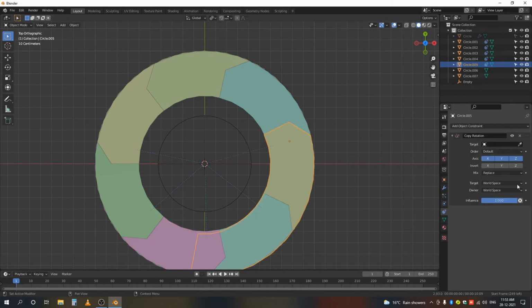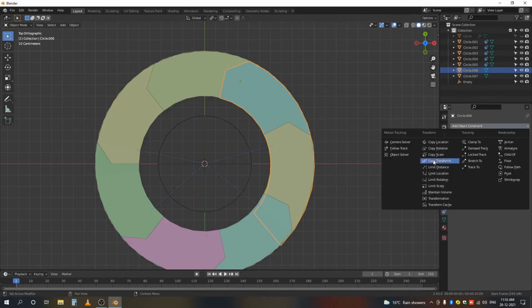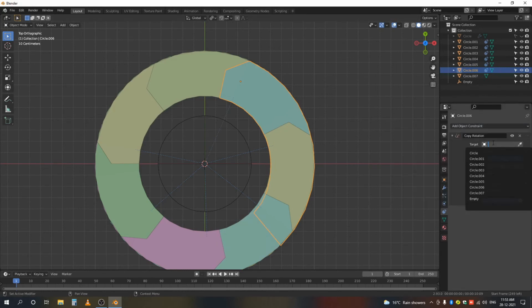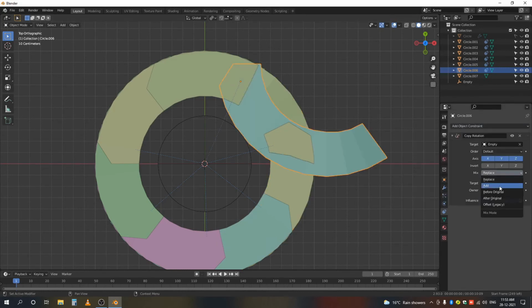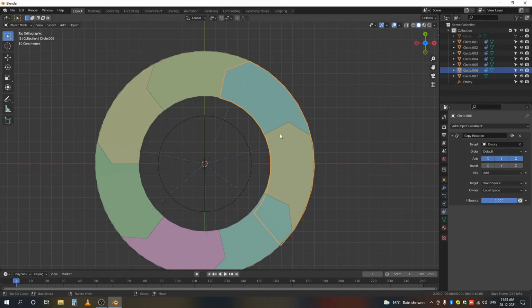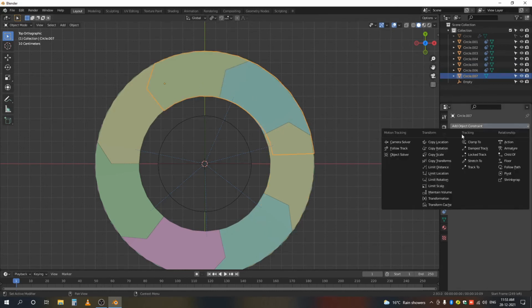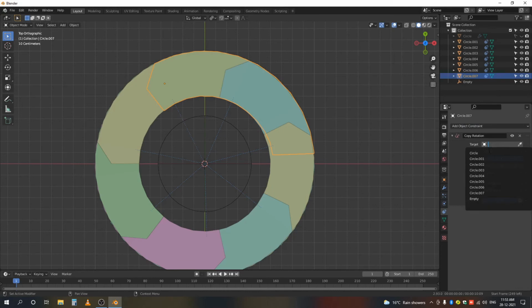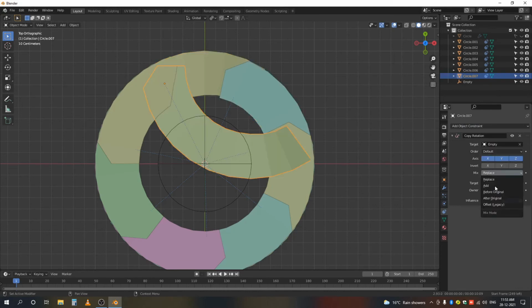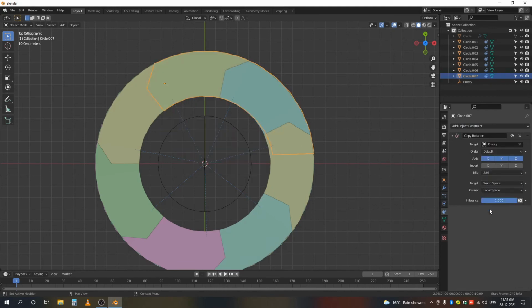Copy rotation, empty, add, local space. Okay, now we can check it.